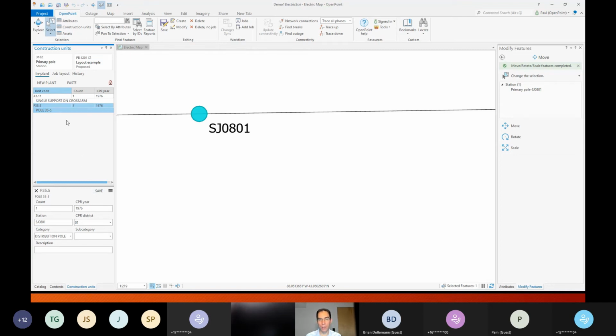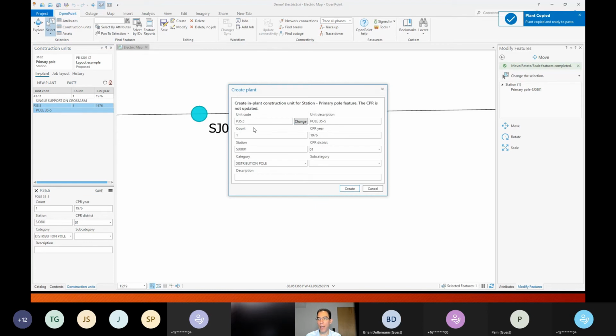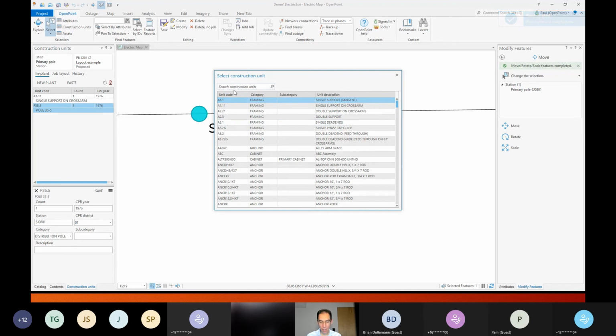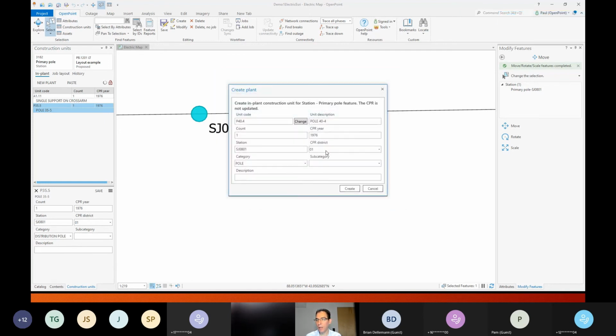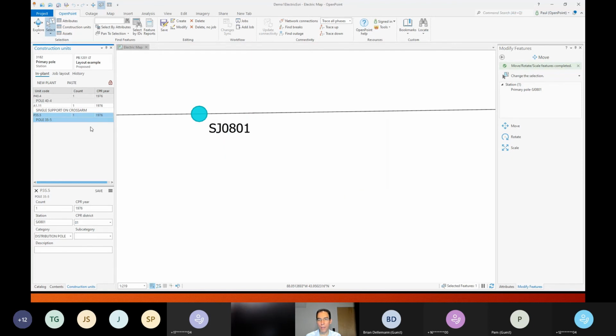It's locked. But what you can do is a copy, and then say paste right within the same feature. And when I do that, I can now change the unit code here. So I can just go in and change it, and I can say P40 and select that option, and then say create, and then it's going to create that for me right above here. And then I'm still selected on the one I initially started with, and then I say